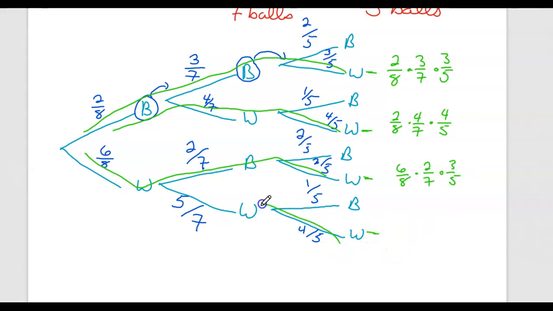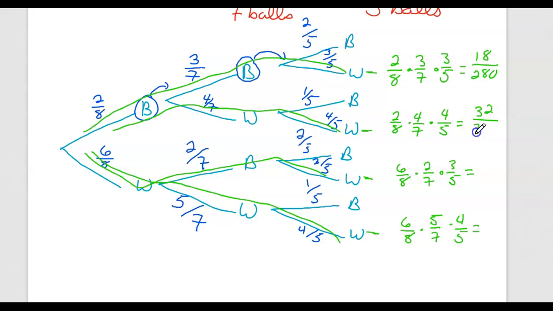And then this last branch will be a 6/8 times a 5/7 times a 4/5. So you'll multiply each of these out. You should get 18 over 280, or you may get the simplified version. You get 32 over 280, 36 over 280,